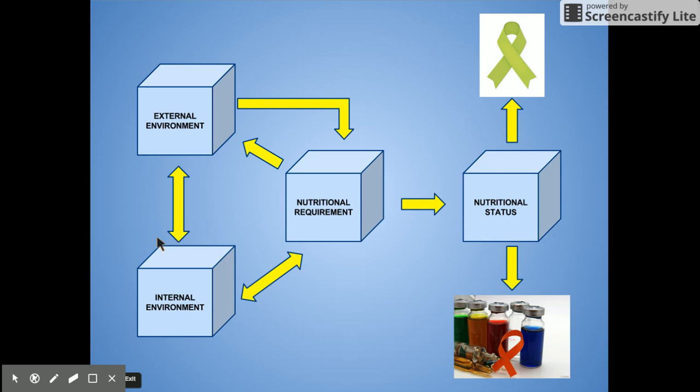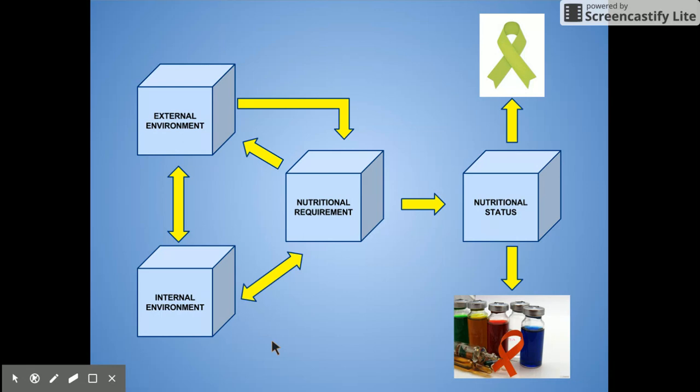Then we have internal environments. This is what's happening inside your body. So think about what uses nutrients. The creation of DNA and RNA, those amino acids which come from proteins. Our cells use all kinds of different nutrients. Specifically, they use glucose, the sugar that comes from carbohydrates. Our organs do different things. For example, our liver and our kidneys filter a lot of nutrients and chemicals. Then general metabolism, whether you have a hyperthyroid or a hypothyroid, the rate at which we do metabolic processes, and then our own blood circulation, having iron to carry oxygen.